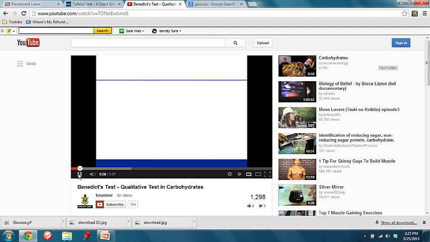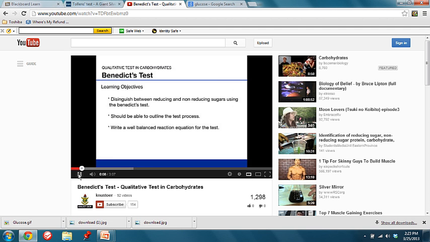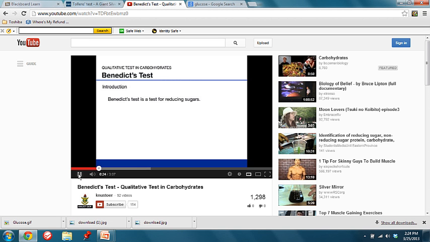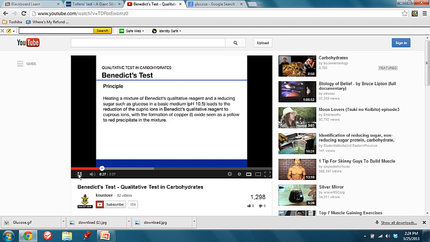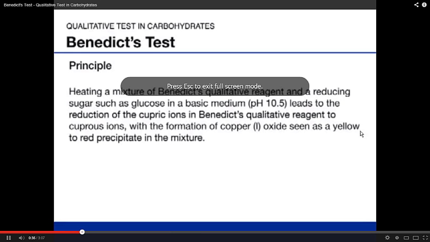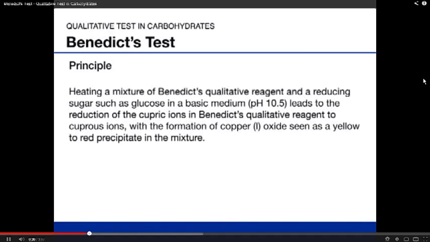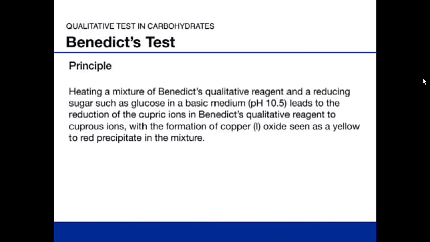Benedict's test. By the end of this exercise, the students should be able to distinguish between reducing and non-reducing sugars using the Benedict's test, outline the process, and also write a well-balanced reaction equation for the test. Benedict's test is a test for reducing sugars. Heating a mixture of Benedict's reagent and a reducing sugar such as glucose leads to the reduction of the cupric ions in Benedict's reagent to cuprous ions with the formation of copper(I) oxide, seen as a yellow to red